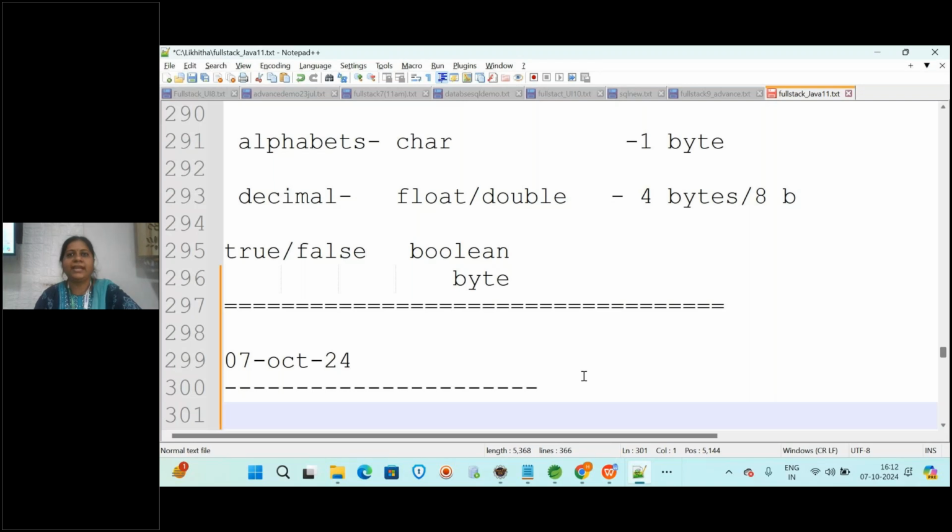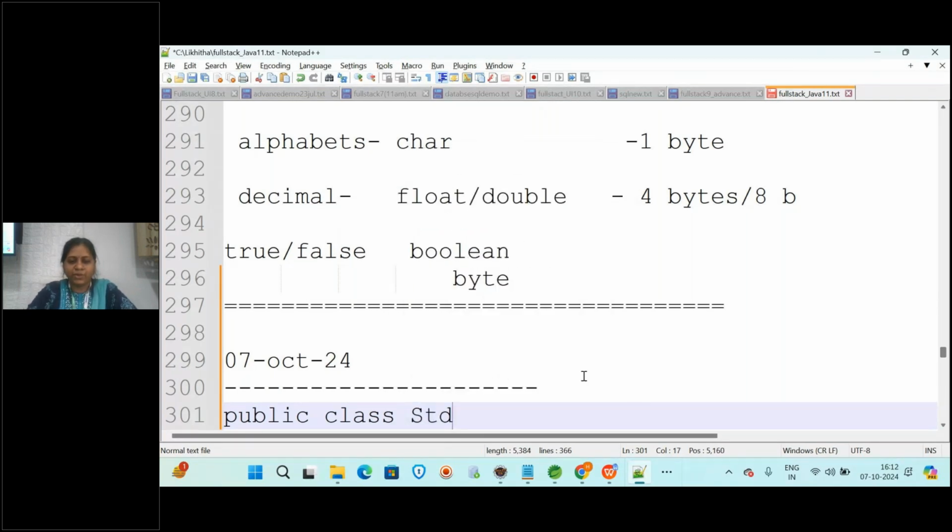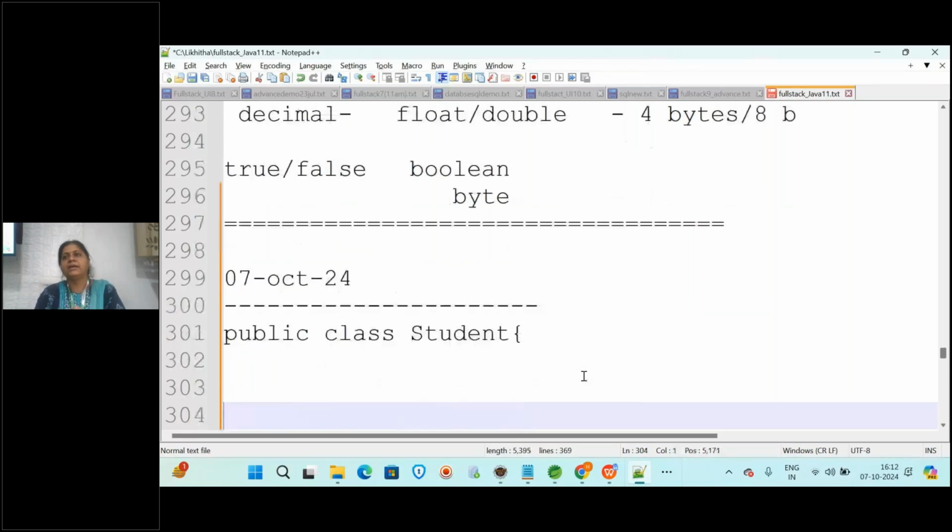We know how to create a class. How do we create the class? Public class and then the class name. The class name can be anything. If you want to create details of a student, you can give the class name as Student. Remember that the class name should always start with a capital letter.